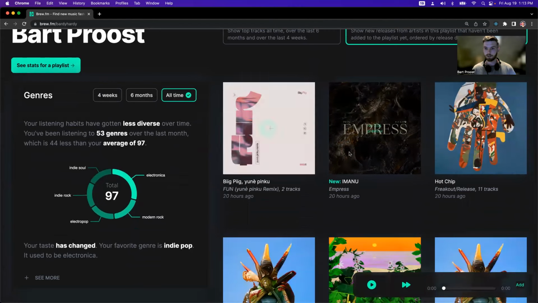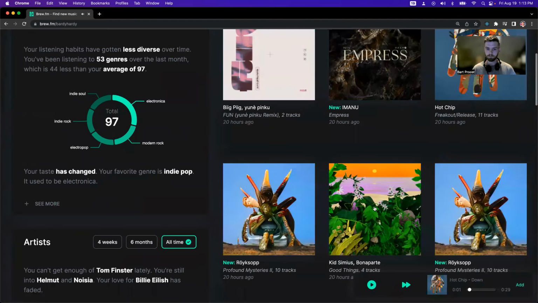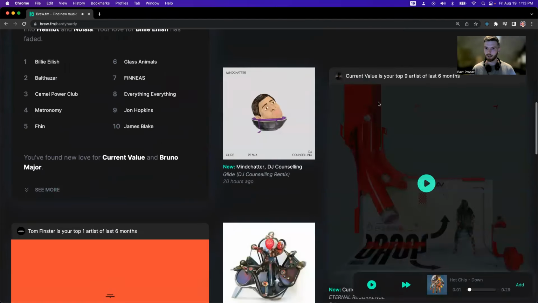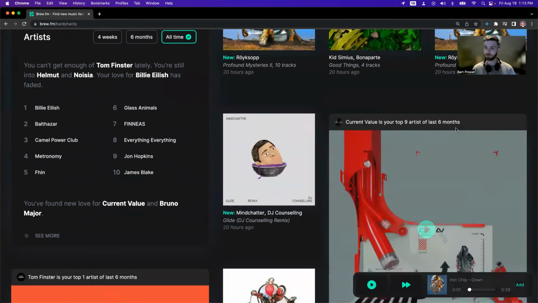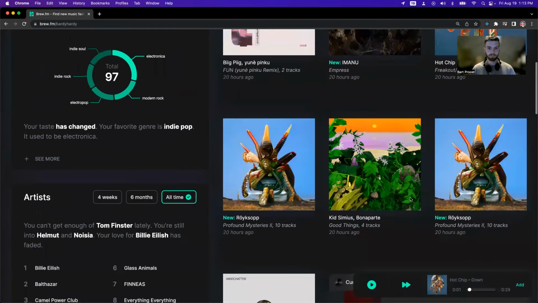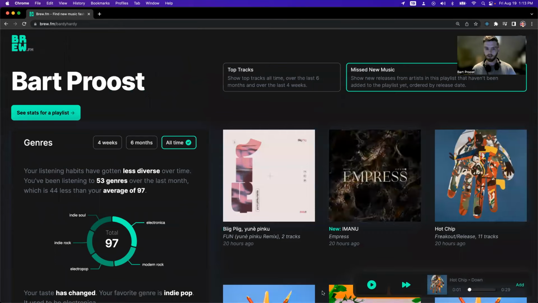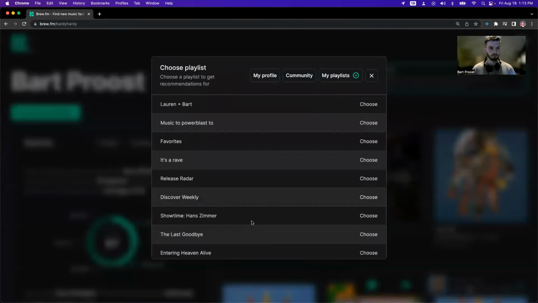It shows you the 30-second previews of tracks that came out. So here's, for instance, the Hot Chip album. It also highlights the music that you listen to a whole lot. What I do usually, so this is an interesting view already, but what I do is I like to manage